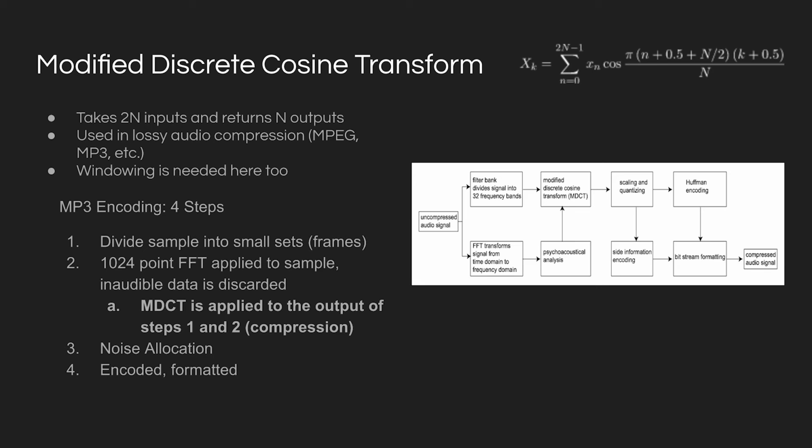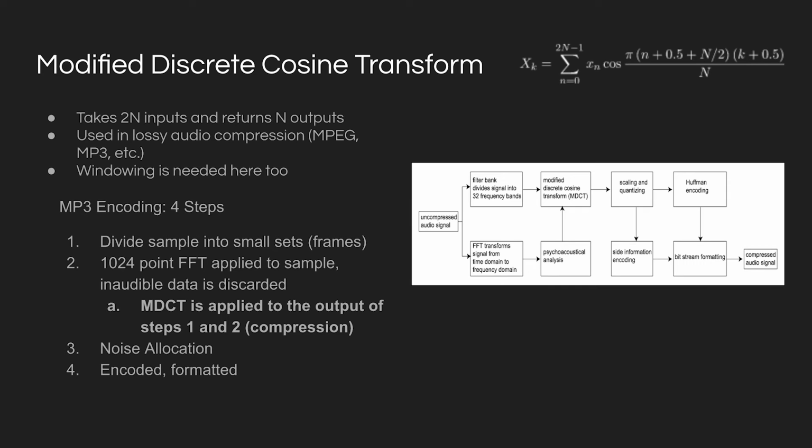One last transform to note is the modified discrete cosine transform, or the MDCT for short. This transform is different from the DFT and FFT as it deals only with cosine waves rather than a combination of sine and cosine waves. The interesting aspect of the MDCT is that it outputs half as many values as it takes in. This means that it is very useful for lossy audio compression, like when you want to convert a file to an MP3 or MPEG. Just like the FFT, a drawback is that windowing is needed for a smooth sounding output